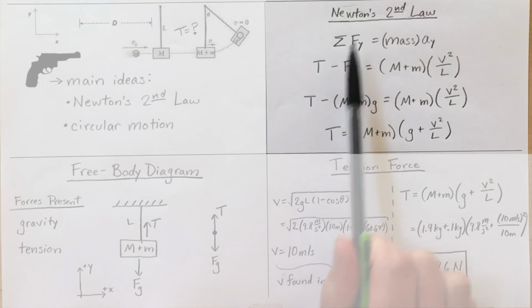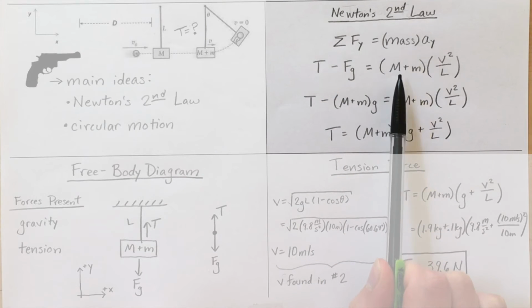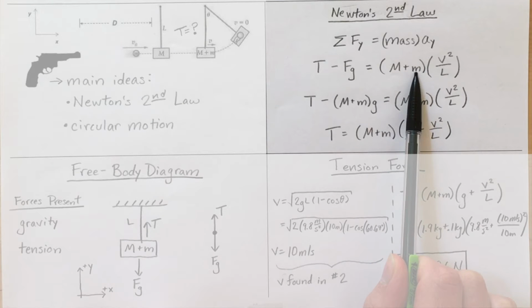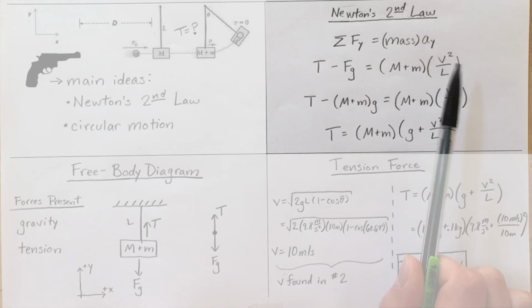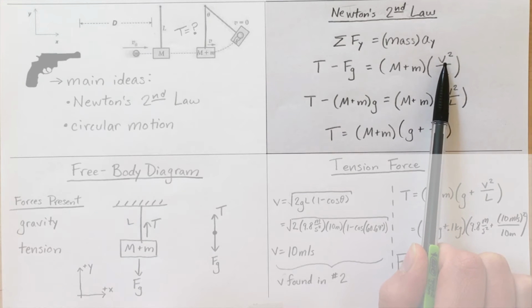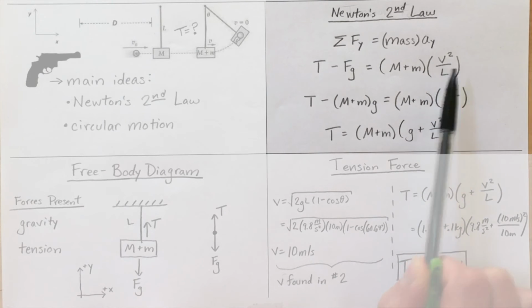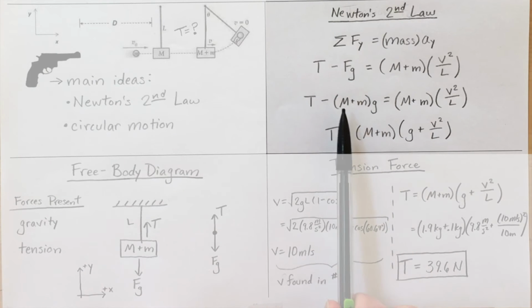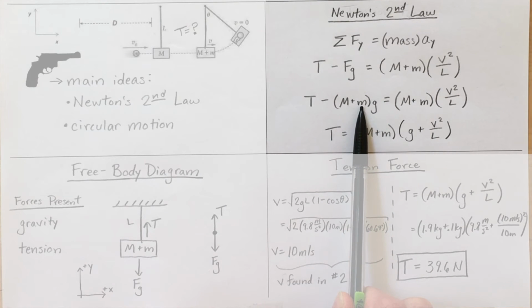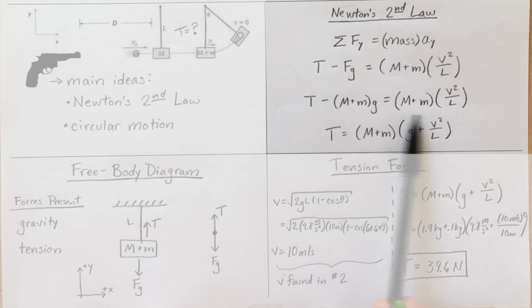The sum of the forces is therefore tension minus gravity. The mass is the mass of the block plus the mass of the pellet, and the acceleration is the centripetal acceleration, which is equal to the velocity of the block and pellet right after the collision squared divided by the length of the string. We now substitute in the expression for the gravity force, which is the mass of the block plus the mass of the pellet, all times the acceleration due to gravity, and then solve this expression